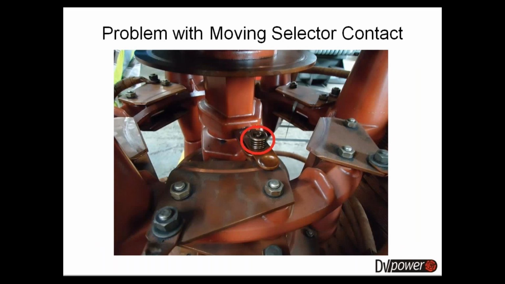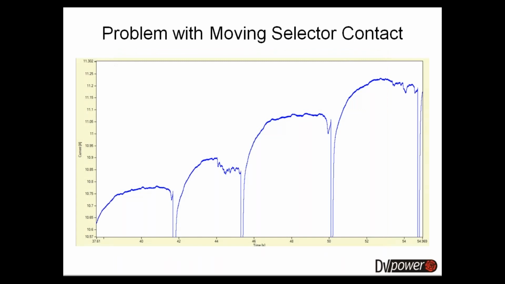The first problem which was introduced was a problem with the moving selector contact. This is the moving selector contact which slides between the different positions of the selector as the tap changer operates. And this spring which holds these two arms together was completely loosened up. So now when the tap changer was going from position 1 to 2 to 3, etc., you could see that